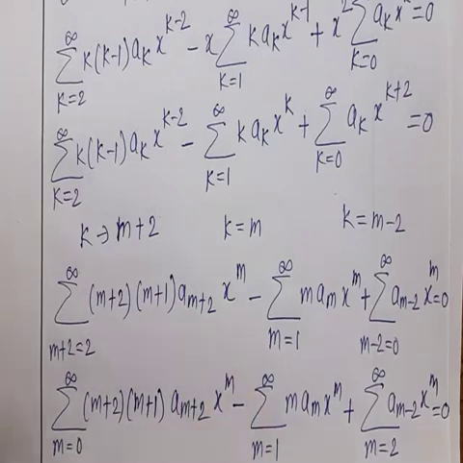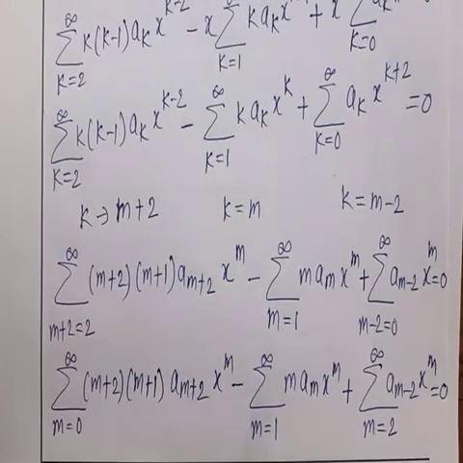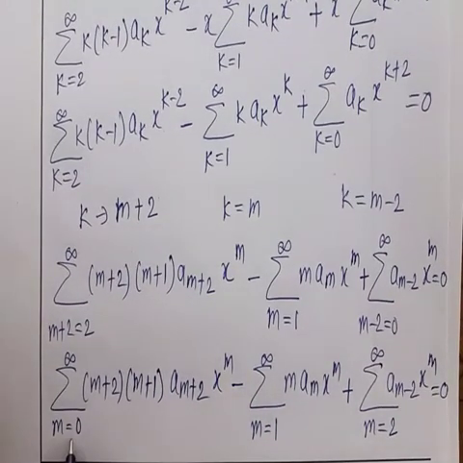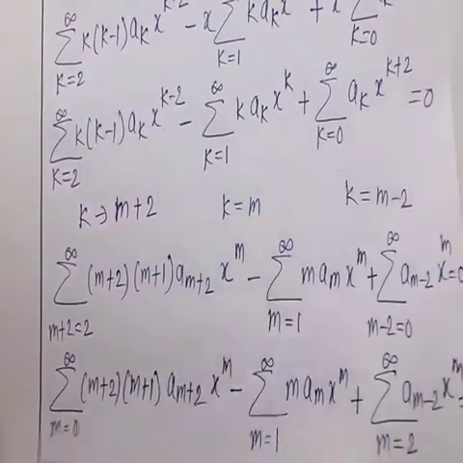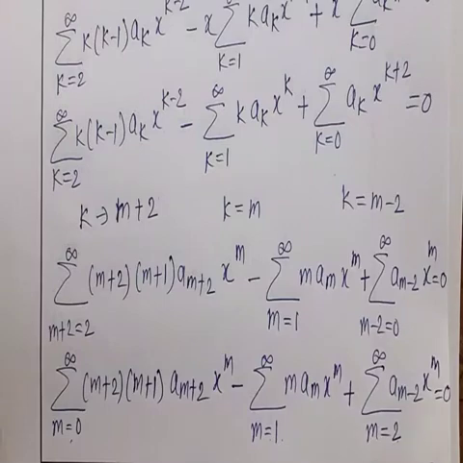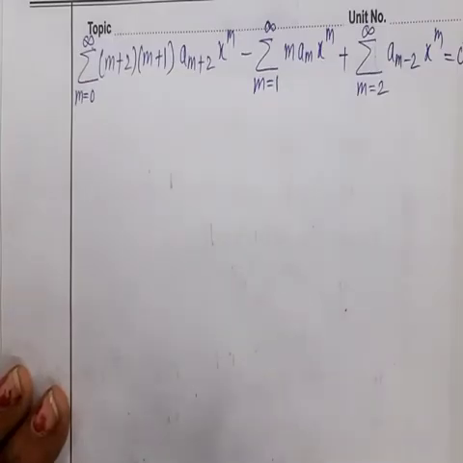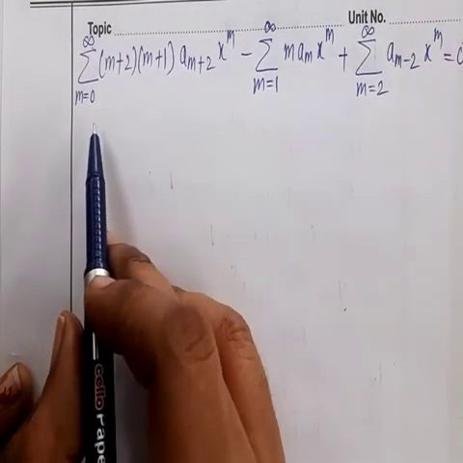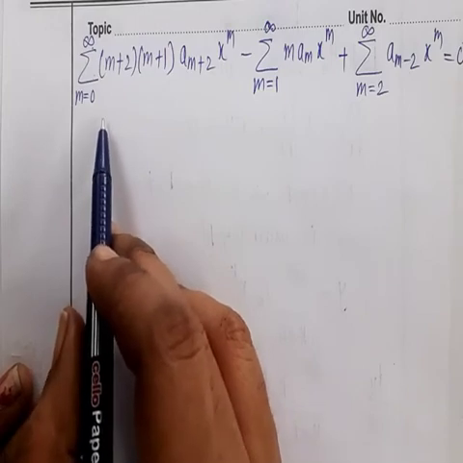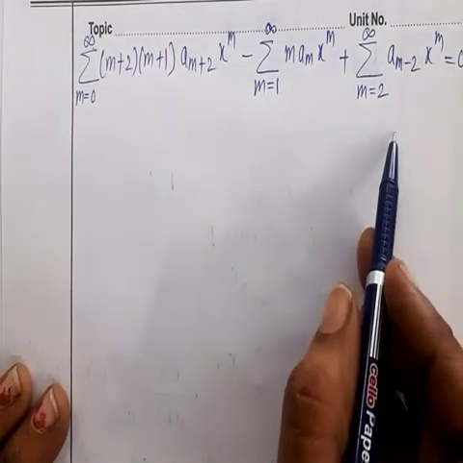Now we are going to focus on the summations. The summation starts from m = 0 in the first term, m = 1 in the second term, and m = 2 in the third term. The maximum start is m = 2, so we have to convert the m = 0 and m = 1 terms; it should start from m = 2. So put m = 0 and 1 in. Here first is m = 0, and we want to convert it into m = 2.